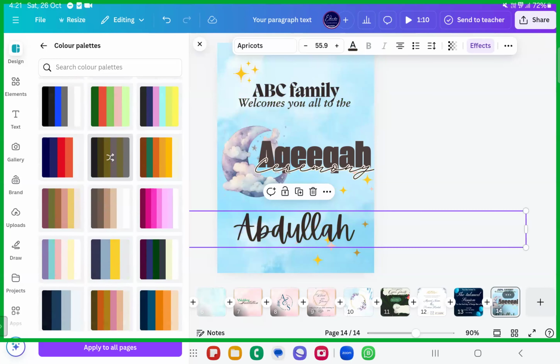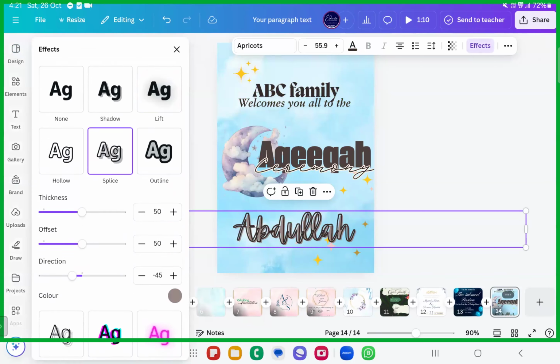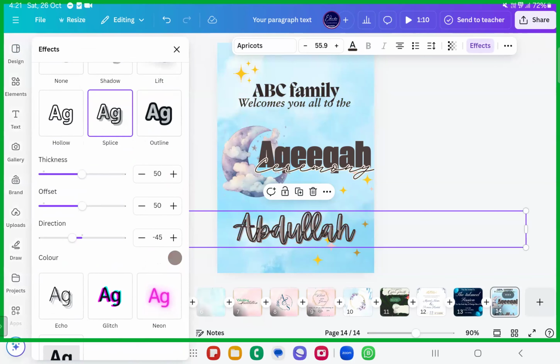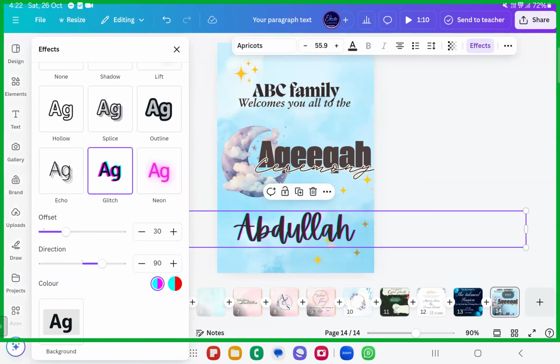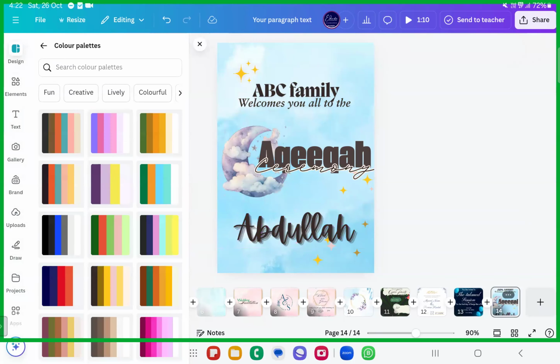See, and this way you can change. And also, if you want some effects to be added, some light effects, if you want to make it more childish or neon effects, whatever effects you want, dear sisters and brothers, you can add it over. Okay. Hopefully, I've understood. So now you can just convert this itself into a banner.